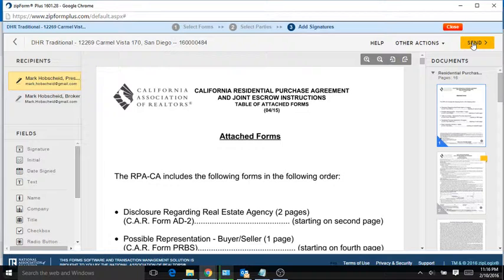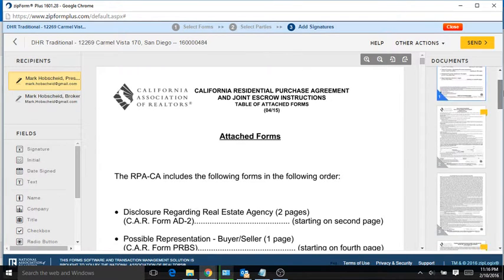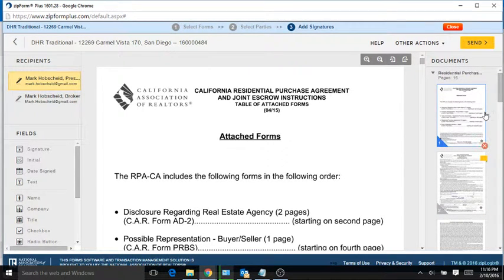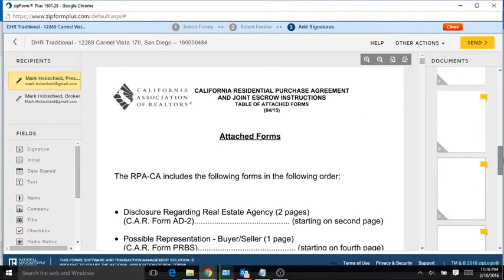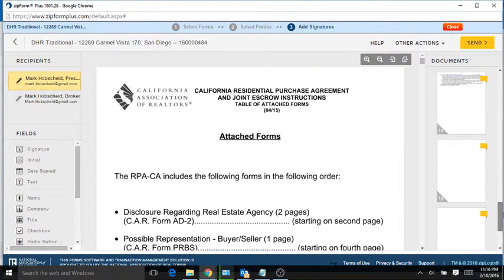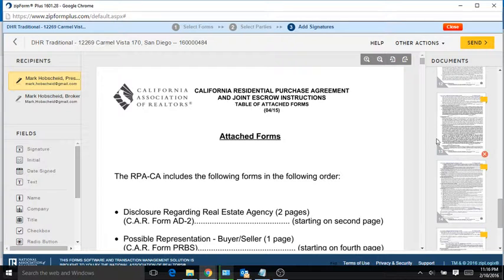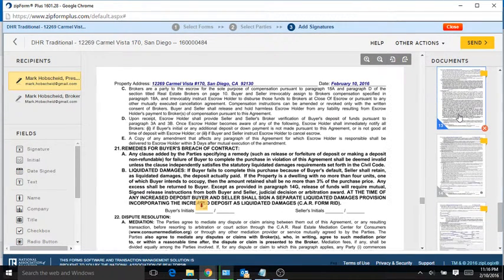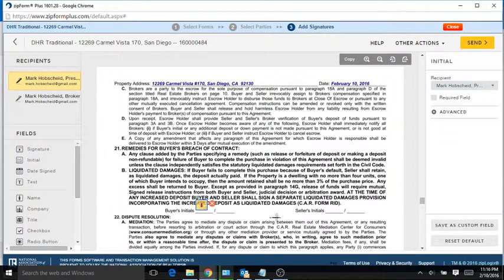And I have noticed that on the optional initials, one of them has been getting turned into a required, but not both. So we're going to scroll down to the 13th page of the residential purchase agreement. You can see the little page numbers here. So once we're on 13, that's the one. This starts as an optional signature, so we will hit required. Now it's a required signature,